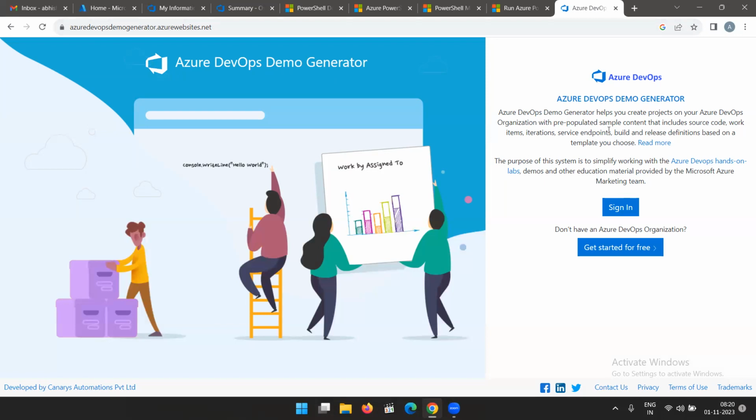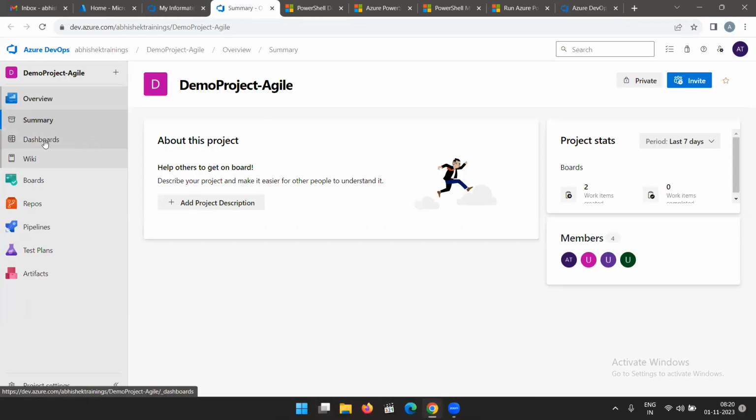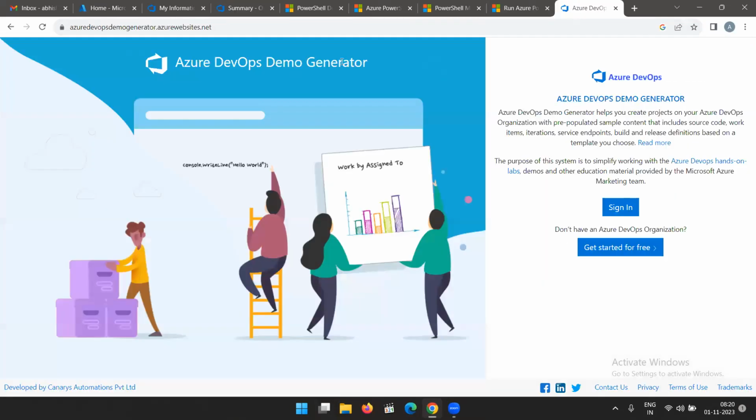That includes the source code as well, work items, iterations, service endpoint, build and release definitions based on the template. Okay. And it will provide you a nice hands-on on all these things like dashboards, wiki, boards, all these things. So just for understanding these things as of now, I switch to this one. Now, when you go to the Azure DevOps demo